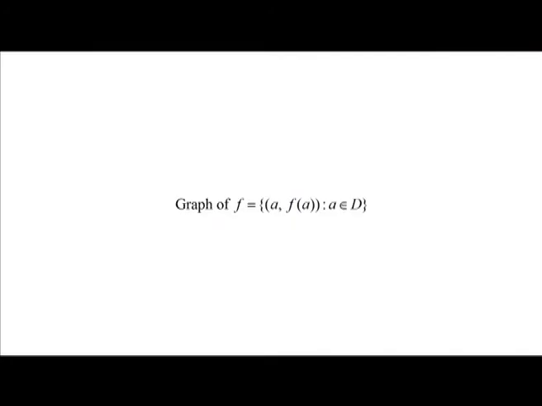Graph of a function. We know from the beginning of the course on differential calculus that the graph of a function f from the set D into the set B is defined by graph of f = the set of all ordered pairs (a, f(a)), where a belongs to D. In particular, if D is the set of n-tuples of real numbers and B is a subset of the set of real numbers, we obtain graph of f is the set of all (n+1)-tuples (x1, x2, ..., xn, f(x1, ..., xn))